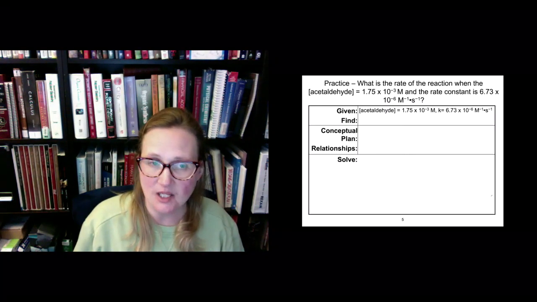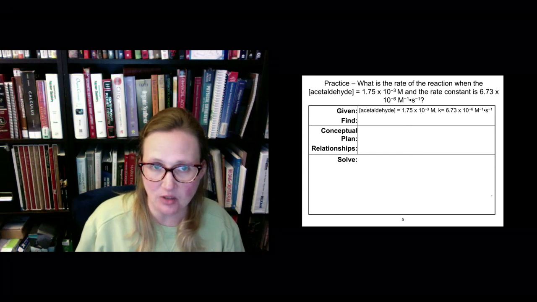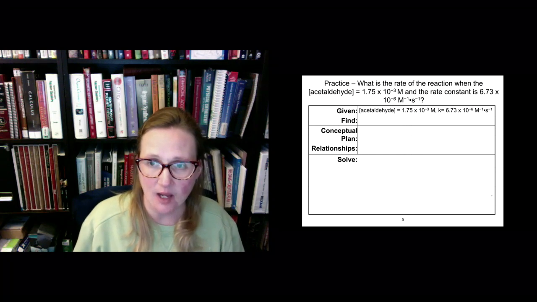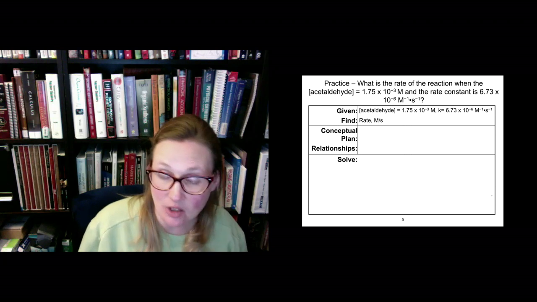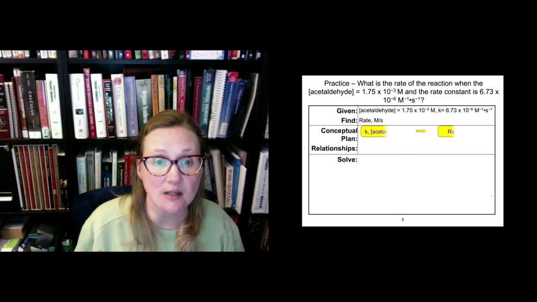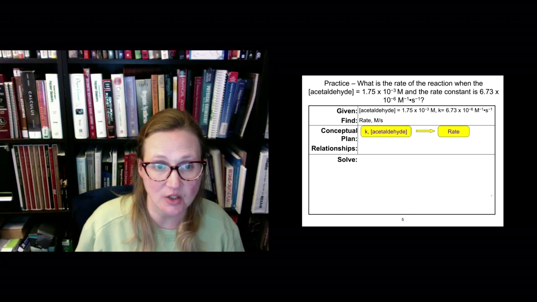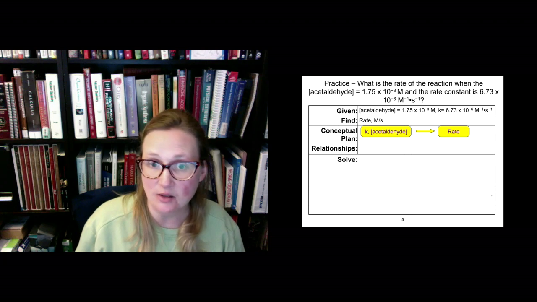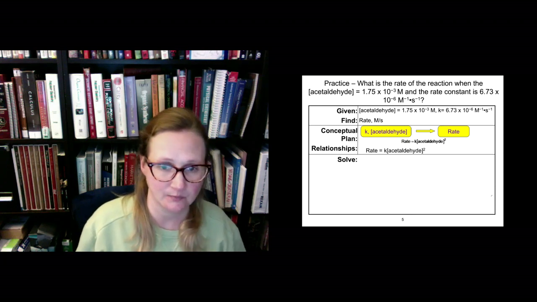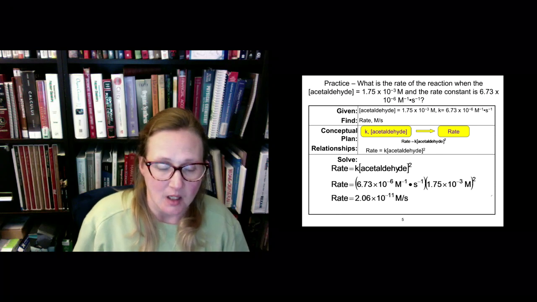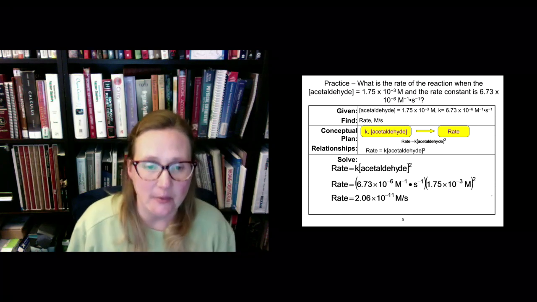Okay, so let's think about what we have. We have our concentration of acetaldehyde and we have our rate constant. What we want to find then is the rate in terms of molar per second. So we're just going to turn those two things into a rate, given our rate law. We find our rate by taking